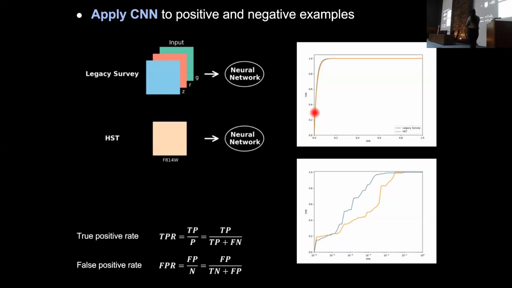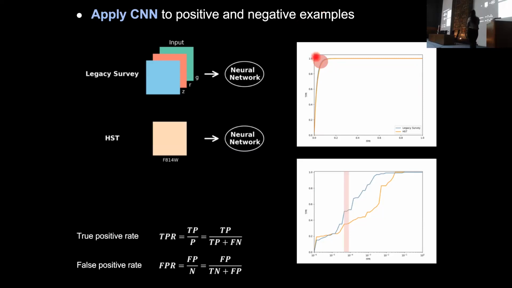So here, for example, in the ROC curve, where in the X axis we have the false positive rate and the true positive rate in the Y axis, this is just a logarithmic image of the one above. We can see that we need to try to get as close as possible to 1, because this means that we don't have too many false positives in our sample.